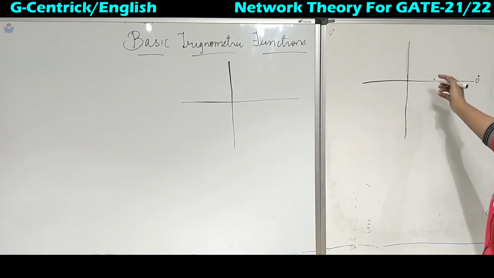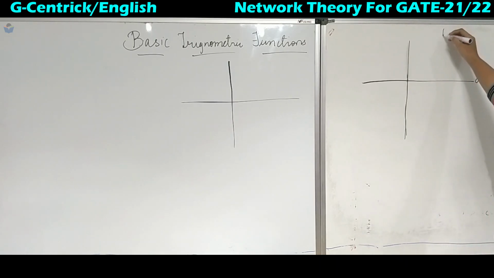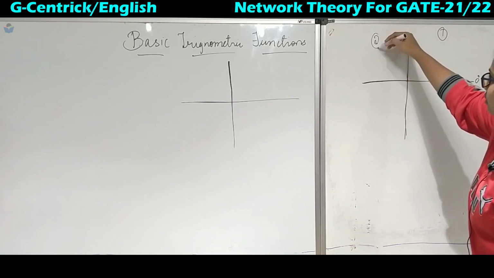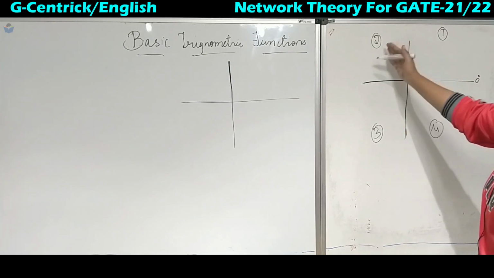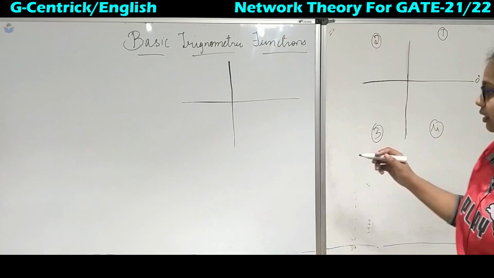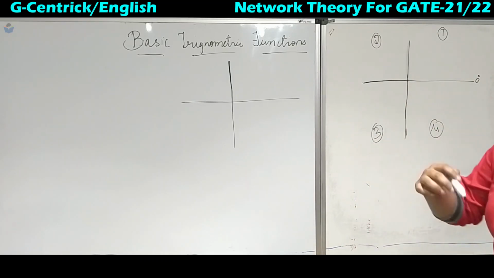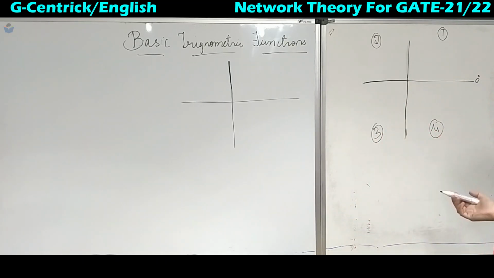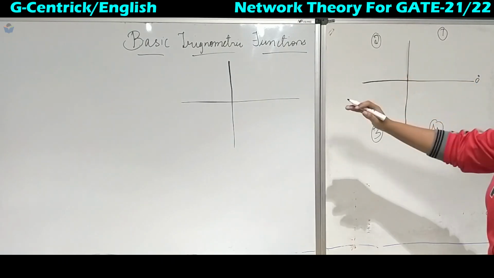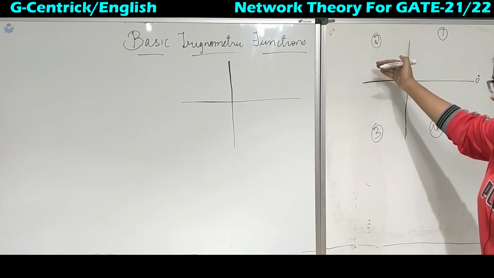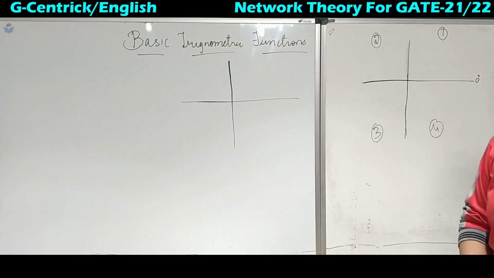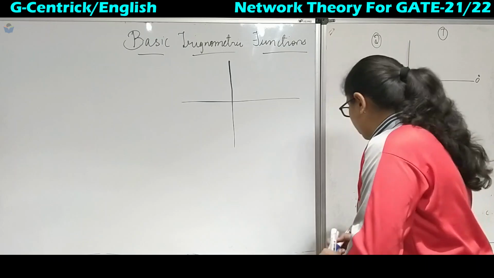degree. Okay, so now this is nothing but the first quadrant, this is second, this is third, and this is fourth quadrant. Each quadrant is divided into 90 degrees. So one whole circle will be 360 degrees. So first we will start from 0 degree, and there is always a confusion: if we move in the anti-clockwise direction what is the sign convention, and if we move in the clockwise direction what will be the sign convention. So for that there is a universal rule.